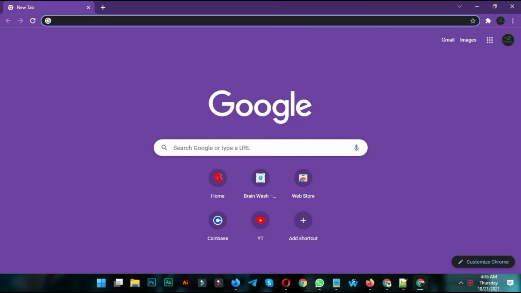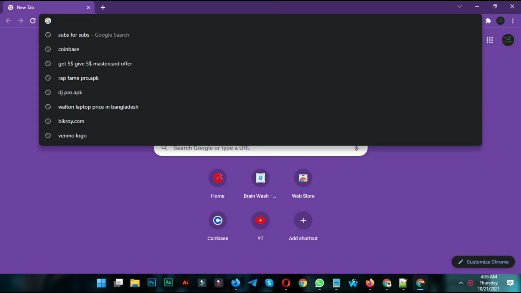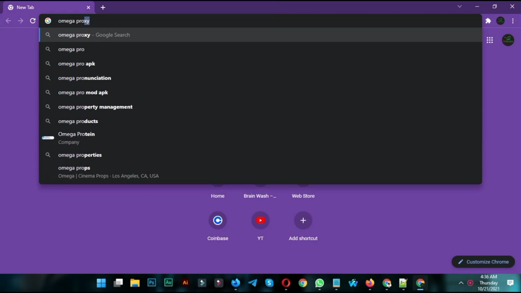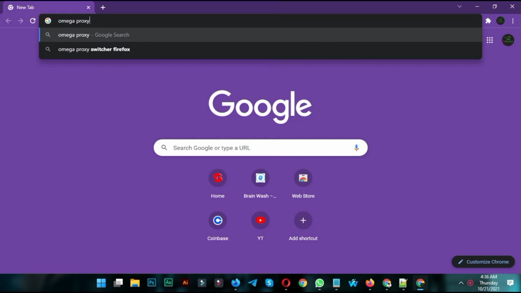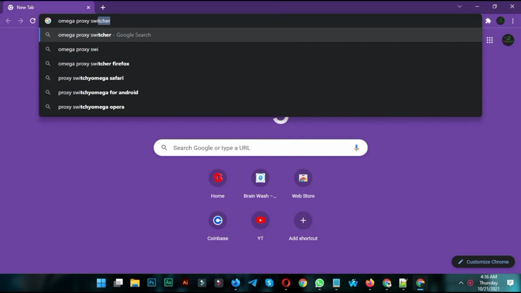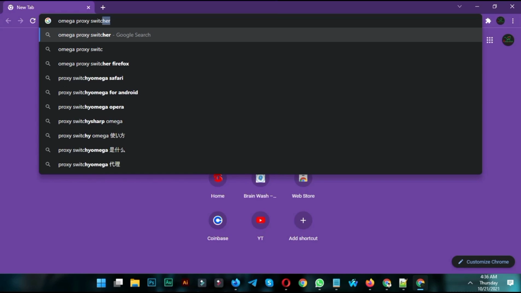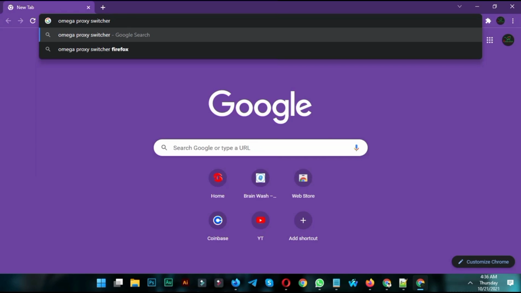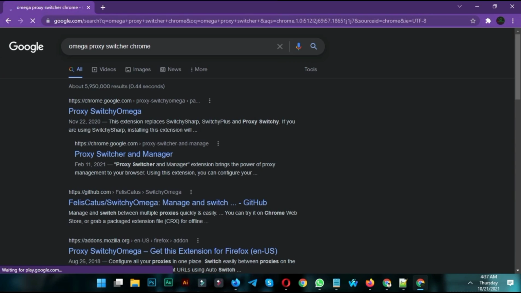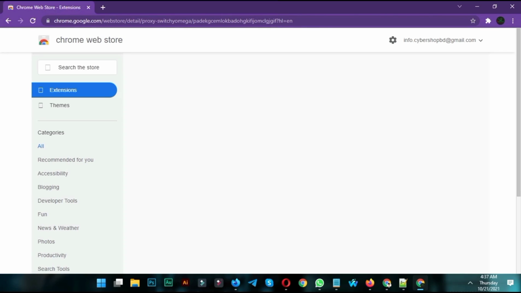Chrome browser is a suitable browser for opening a Venmo account. You can use any other browser if you want. If you live in the United States, you can easily create an account. And if you are outside the United States, you must use a VPN, VPS or proxy IP. I always recommend using a SOCKS5 proxy IP. Let me first show you how to use an IP in the Google Chrome browser.